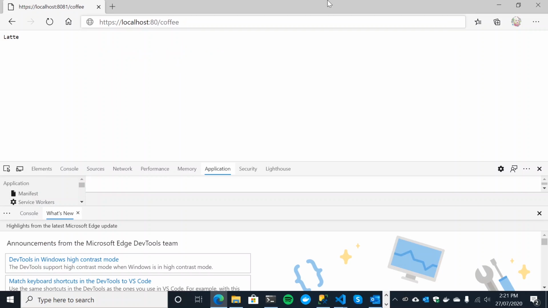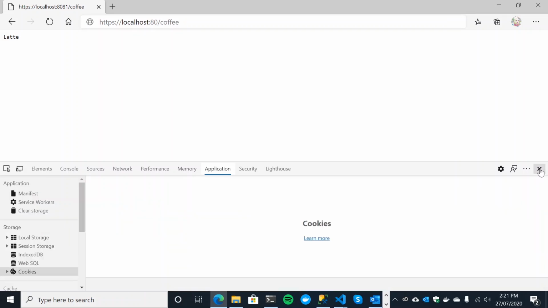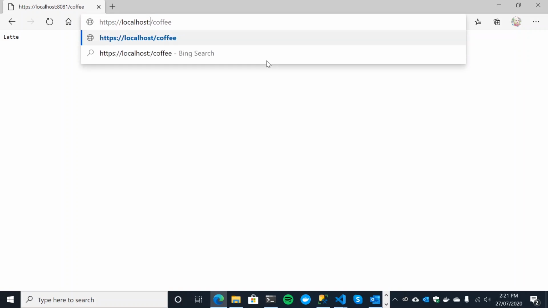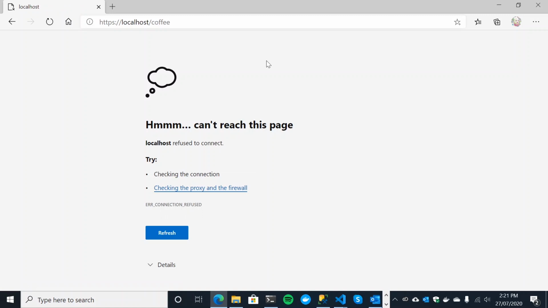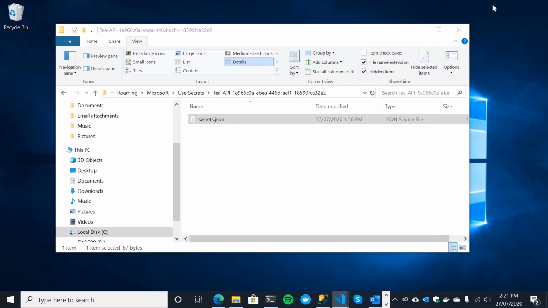Just to allay your fears, or just to double check, if we put in 443, for example, we'll just get an error. That port is not available to us. It's only available internally. And you'll see how that manifests later when we come on to using the Envoy gateway. Cool.